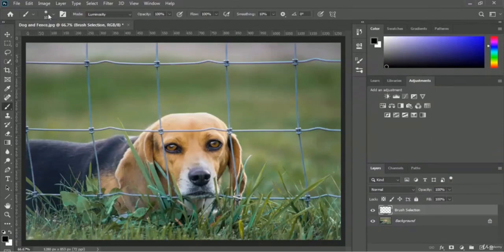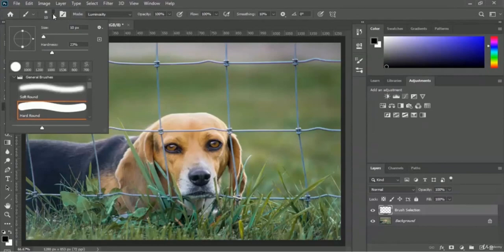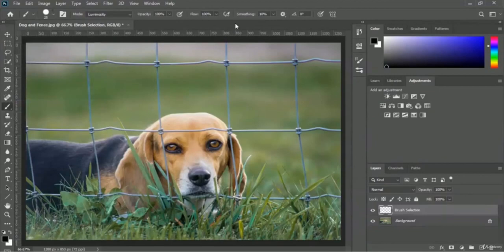So here is the option, and let me show you. You have to increase the size of brush to 25 pixels. Okay, here is the 25 pixels and we will use the 100% hardness. So let me increase the hardness to 100%. And please make sure you are using hard round brushes. So here is the hard round brush. Okay, so right now we will